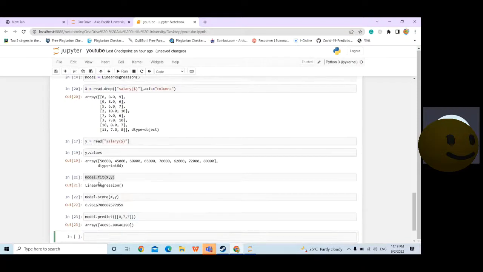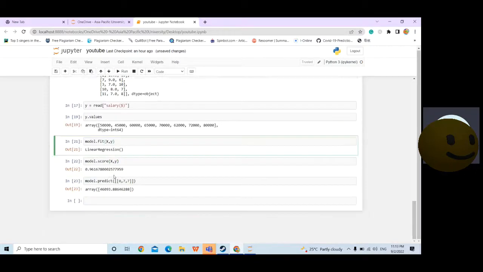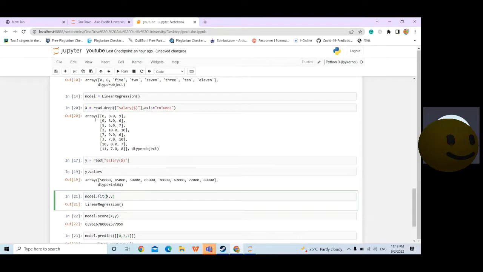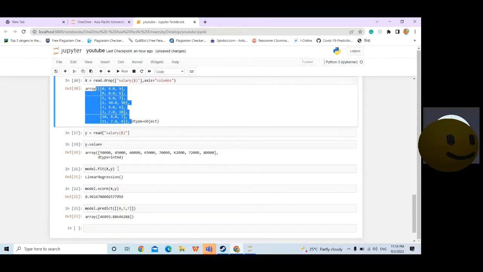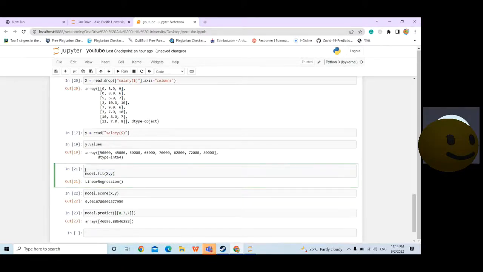And then for the next video, I will teach you about train test split. What about I teach you right now? Okay, I will teach you right now. Sometimes you don't want to take the whole data into the model. Sometimes you need to split it. What do I mean by split it? Before that,